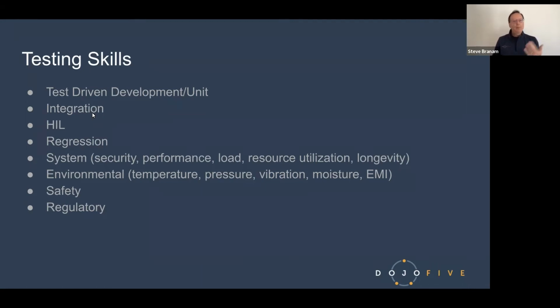So security, penetration testing, testing your encryption, what data is being radiated out of your system inadvertently that you're leaking out to the world that someone might be able to abuse. Then we get into performance and load testing, resource utilization, and a critical thing for embedded systems is longevity, because